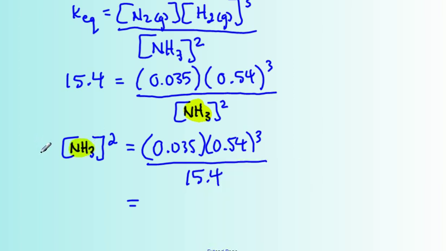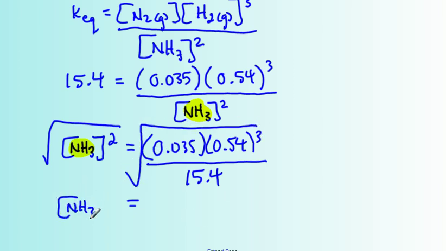So we can take the square root of both sides, and that will give us the concentration of ammonia if we can solve this number here. So we've got 0.035 times 0.54 cubed divided by 15.4, and the square root, and I get 0.019